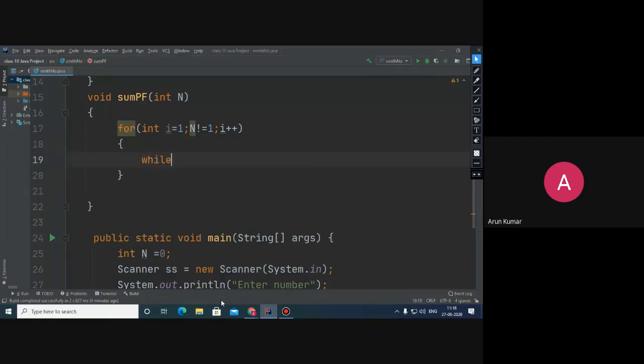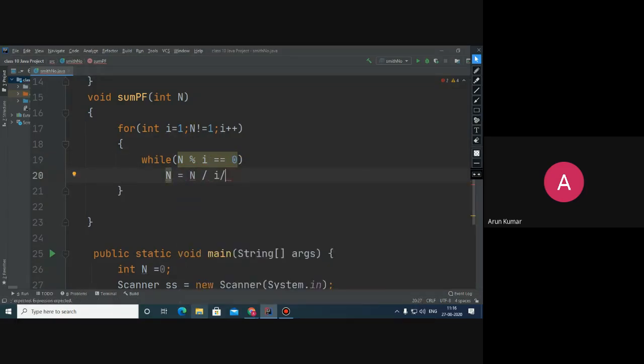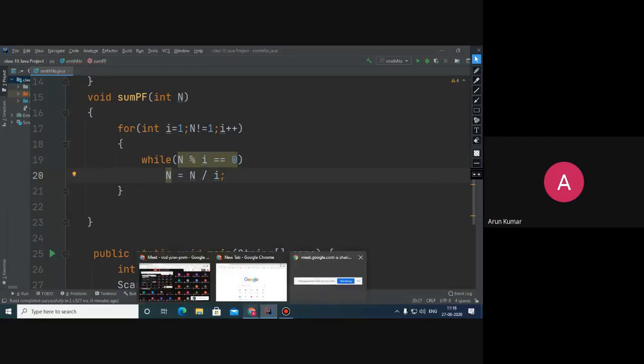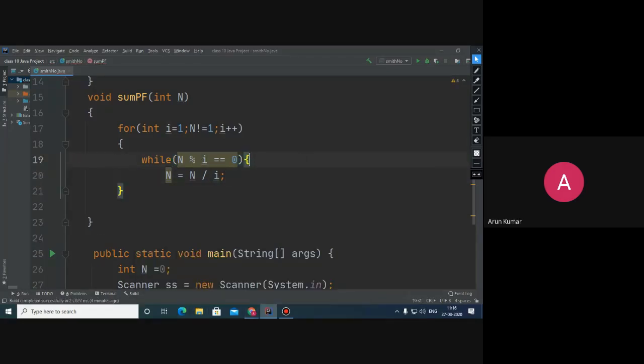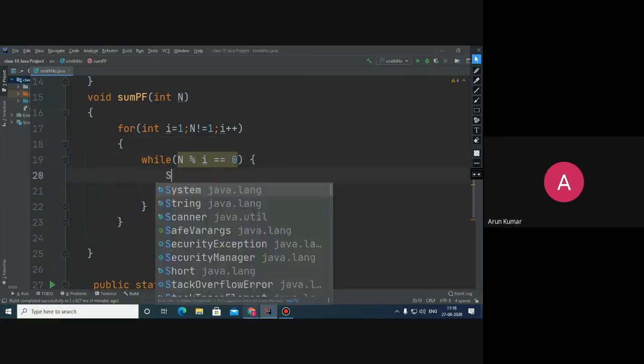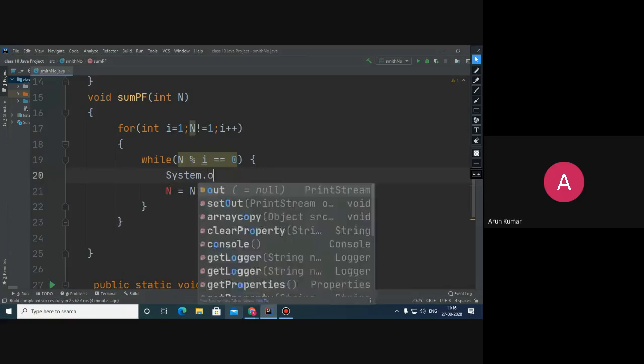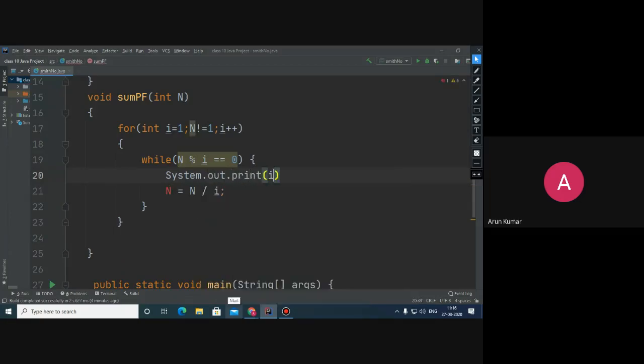And here I will write that while n mod I is 0, then n is equal to n upon I. This is also we can do. This will work. And here we can print the value of I also within this.